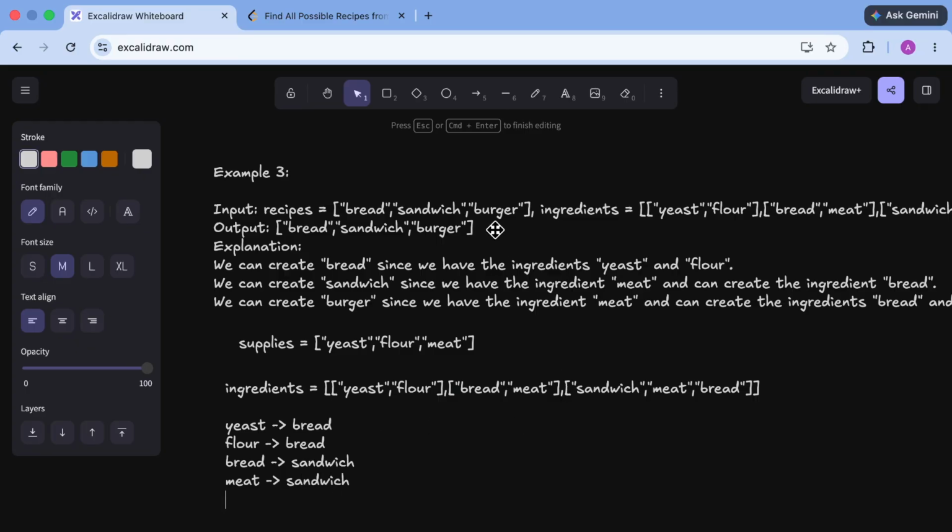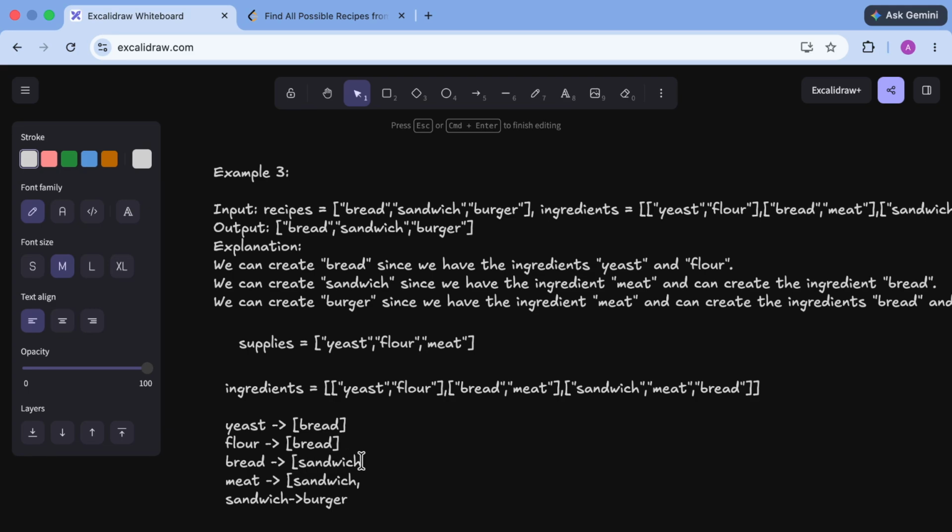Similarly, if you see the burger, you require three ingredients, right? First is sandwich, then you are able to create the burger. And meat, I have already, so I just add it here. It can be a list of